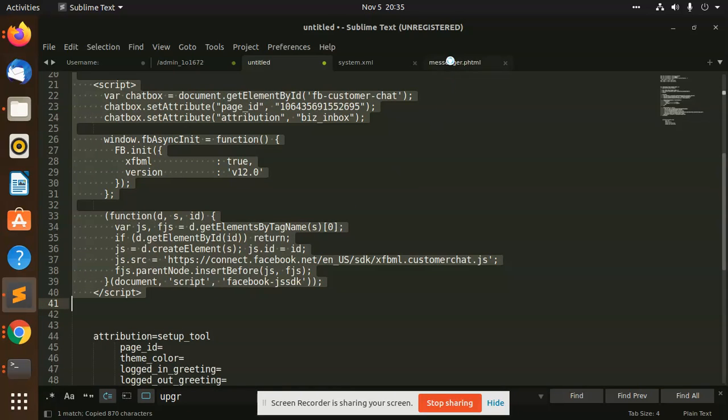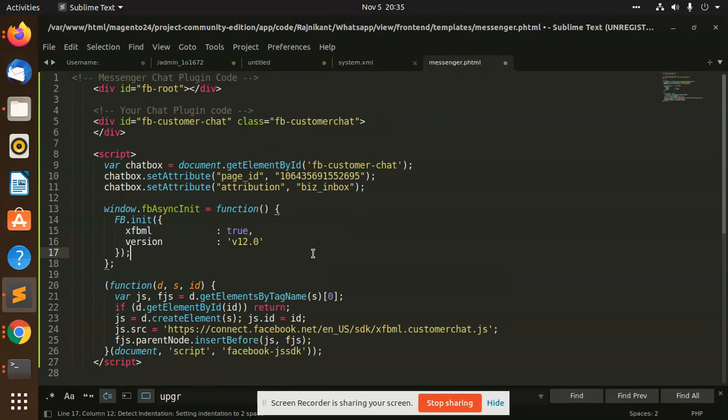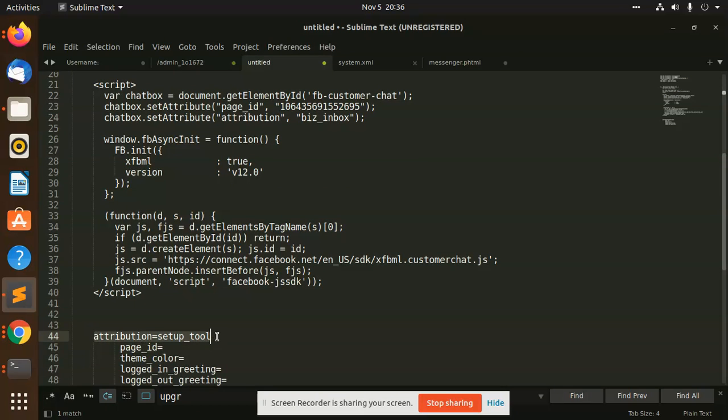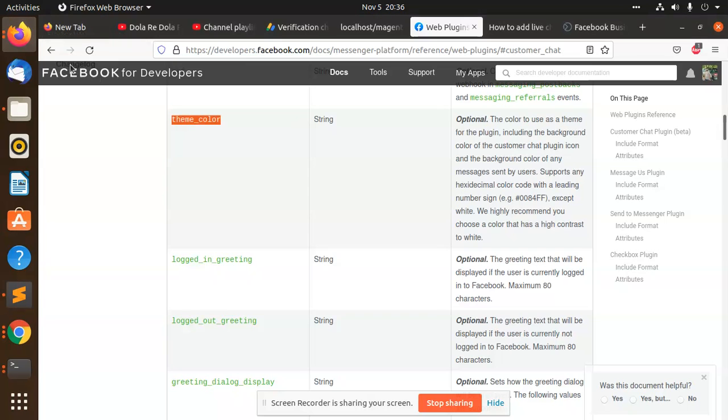So I'm going to add this Facebook plugin text. Okay, and this is the attribute, like the page attribute. If you want to add attributes on everything, in that case we can make it dynamic. So we are going to add this part attribute, because these are the attributes we are getting from the Facebook: login greeting, logout greeting, and so on.